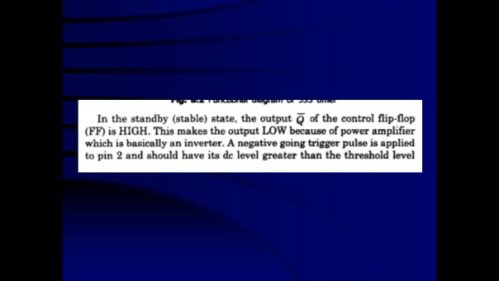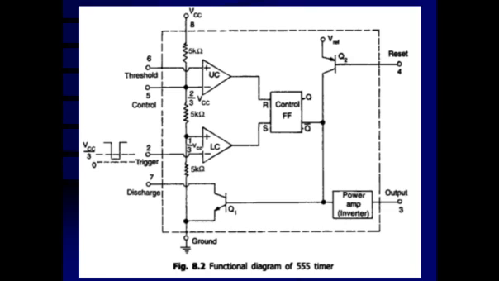So how it works, I can explain better here in the circuit itself. Normally, the trigger terminal is high; you can see the trigger pulse is given here. Normally, it is kept high. So, the negative terminal of the comparator is high. The positive terminal of the comparator is 1 by 3 VCC. High means it is almost VCC, so this negative terminal is at higher potential. So, the output of the lower comparator is going to be 0. So, S is going to be 0 here.